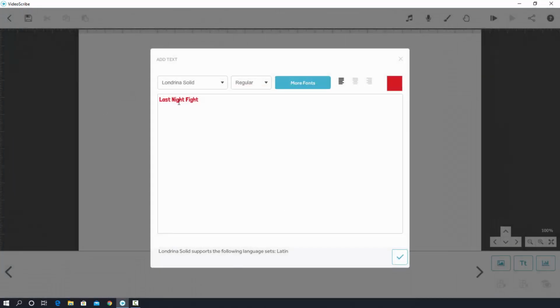Can you see the difference, guys? At the same time, you can change the font style. Just hit on here. Suppose this time I like this one. Then you can make it bold. Just hit on here. Now I'll select bold. But if you need, you can check another one. And if you want, you can check out more fonts.